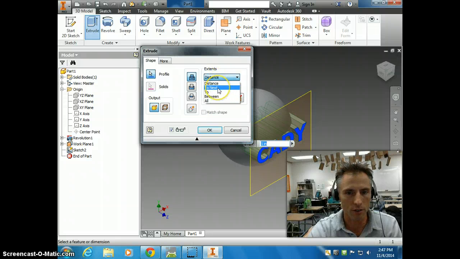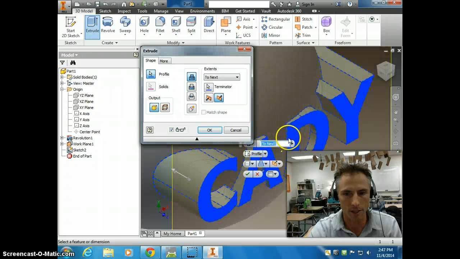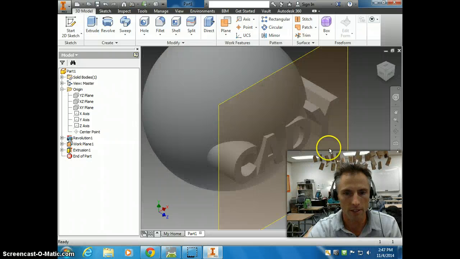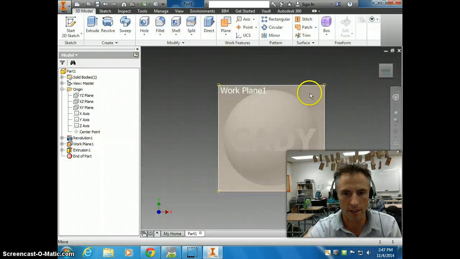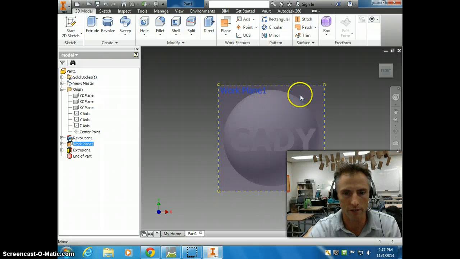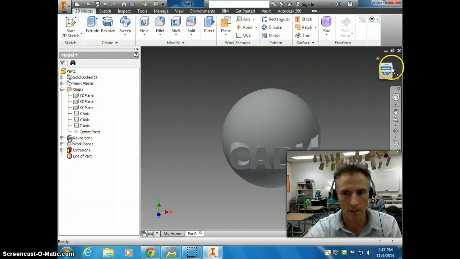And I just want to say next. So some of the letters in the middle aren't going to do much of anything at all, and some of the letters on the outside are going to do more. Okay, so now I've got a sphere with Katie on it, and I can go to this work plane and right click on the outside of it and uncheck visibility. And